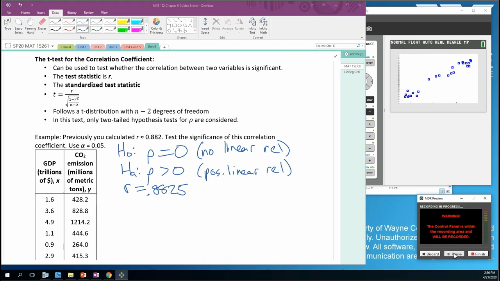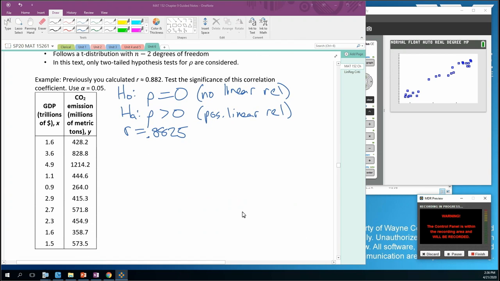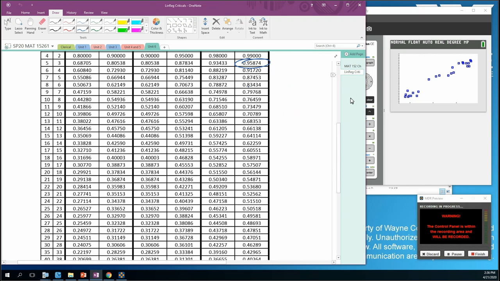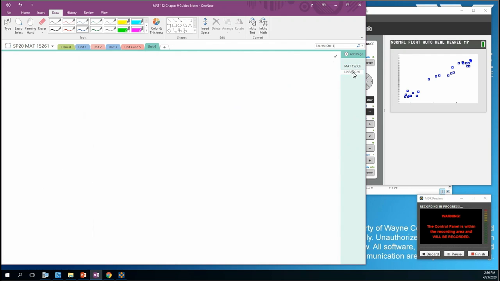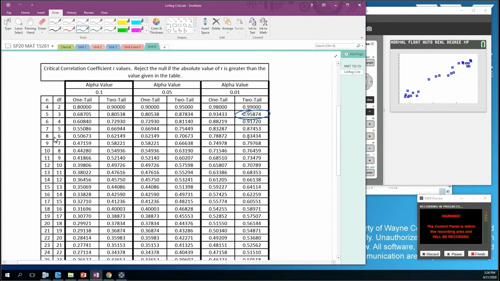Alright, so what we have here is R equal to 0.8825. Now, if we count the number of pairs of data, there's 1, 2, 3, 4, 5, 6, 7, 8, 9, 10. There's 10 pairs of data. So with 10 pairs of data, we'll use alpha equal to 0.05, and we'll just do the one tail, and the critical value is